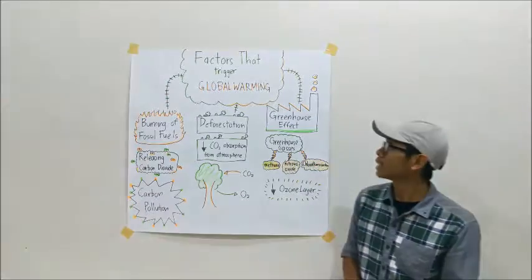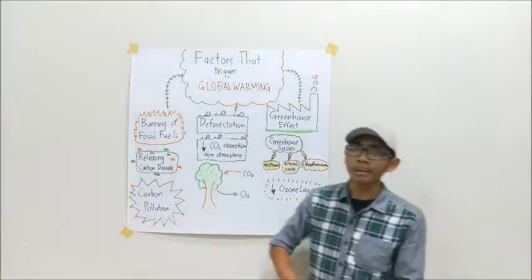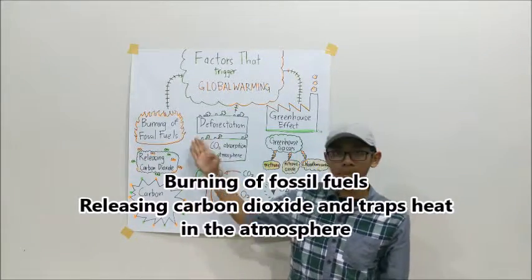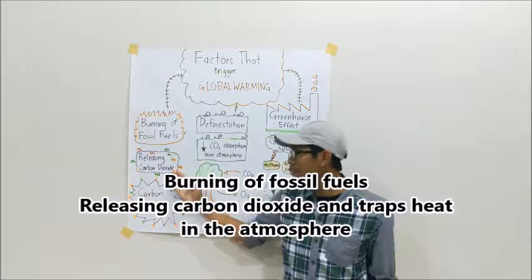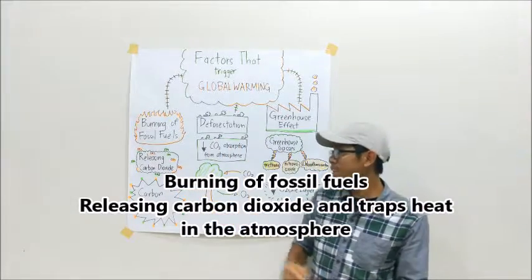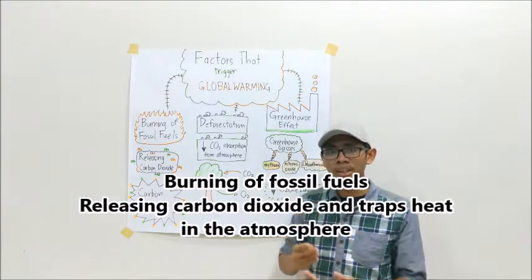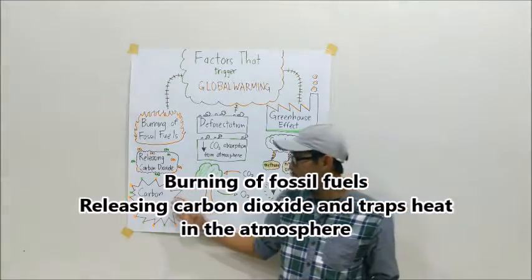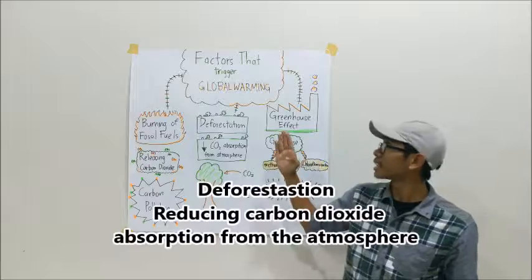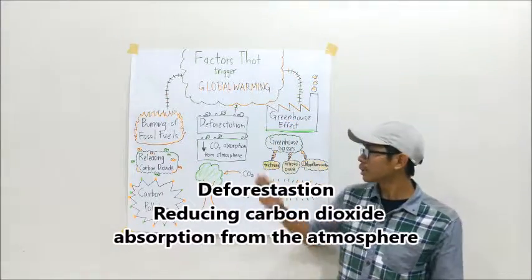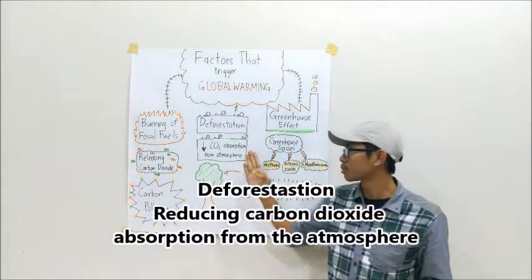Right now I want to explain about the factors that trigger global warming. The first factor is burning of fossil fuels. By burning fossil fuels, we release carbon dioxide into the atmosphere. By releasing carbon dioxide into the atmosphere, we trap heat in the atmosphere and eventually cause carbon pollution. For the second factor, which is deforestation, when deforestation occurs, it reduces the CO2 absorption from the atmosphere